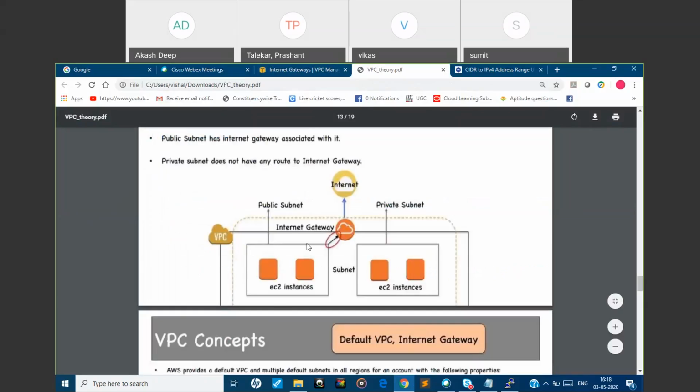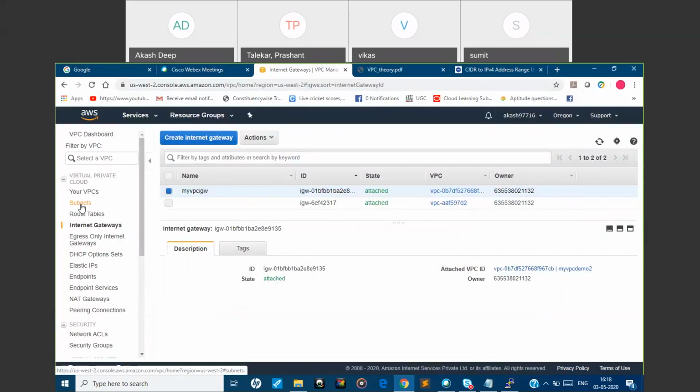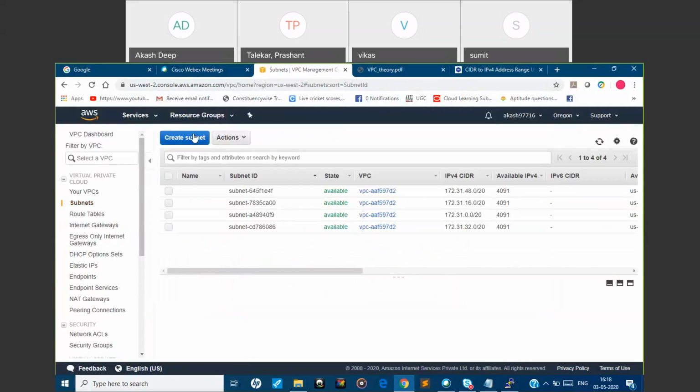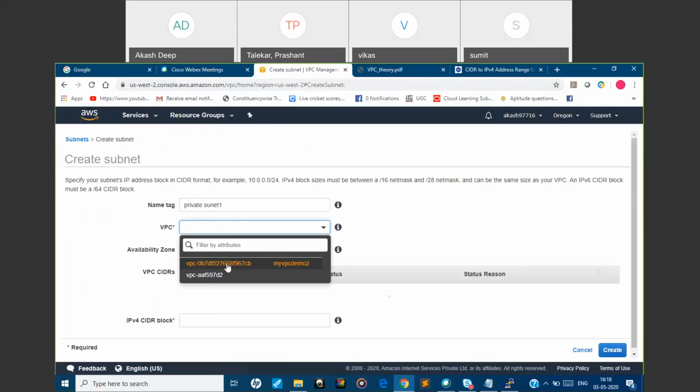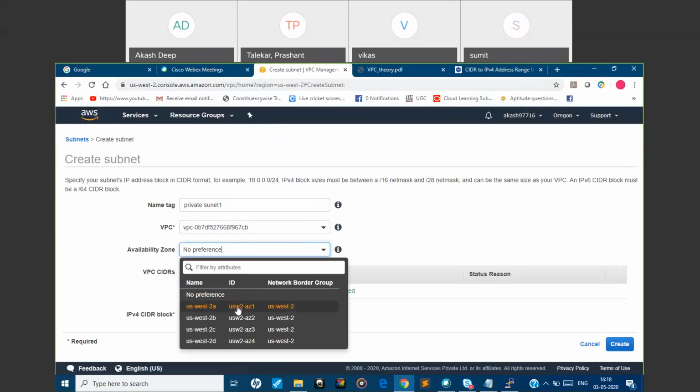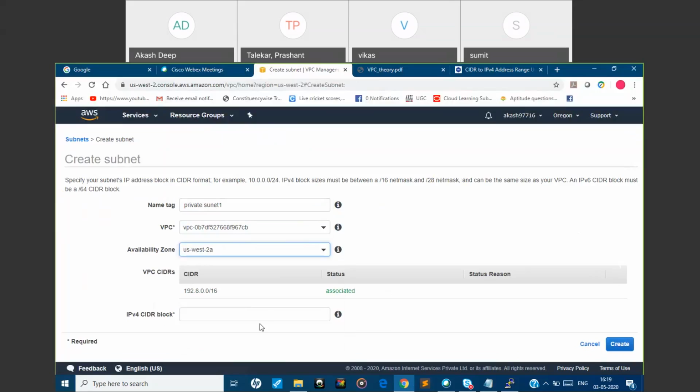As of now we will be creating only two subnets, one private and one public. Private subnet 1. We'll select 2A, 192.